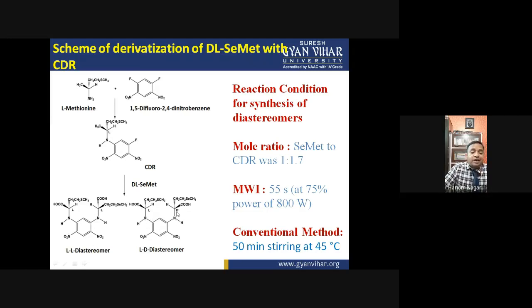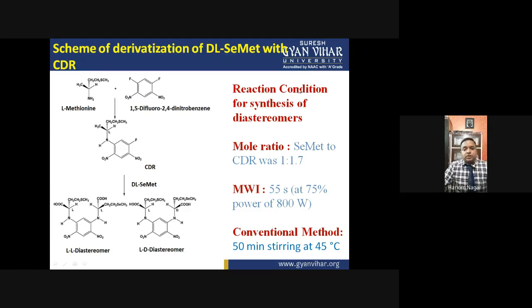So the cis diastereomer will interact for more time with the reverse phase column, or we can say the C18 stationary phase. If it interacts for more time with the column, then it will be retained for more time in the column, and its retention time will be more. So its peak will be observed later in the chromatogram, while the other peak appears earlier.